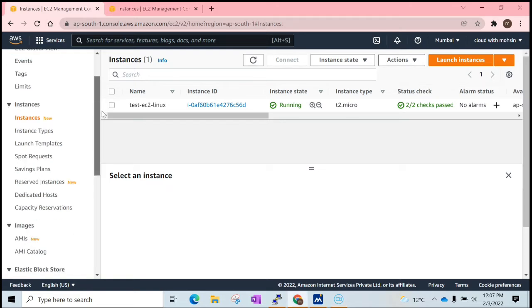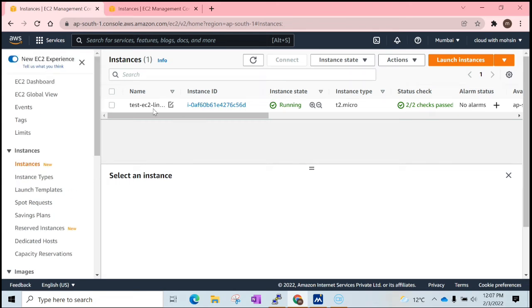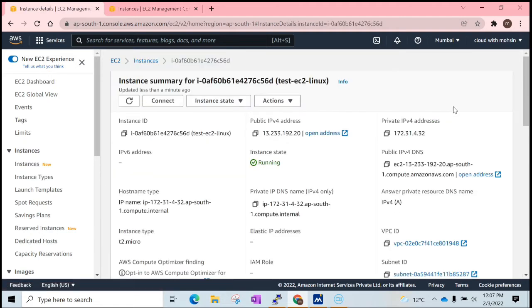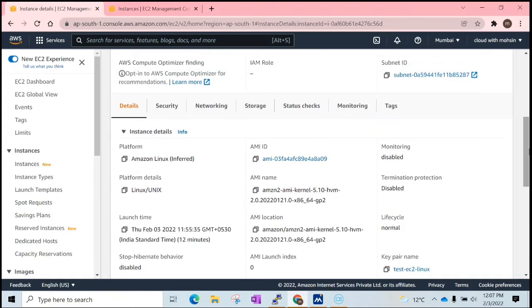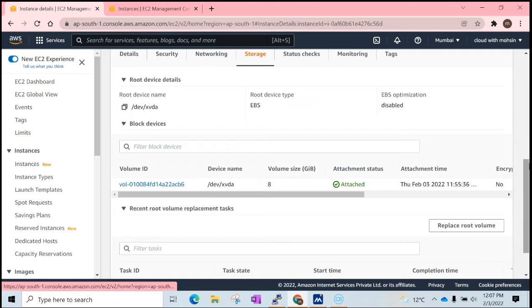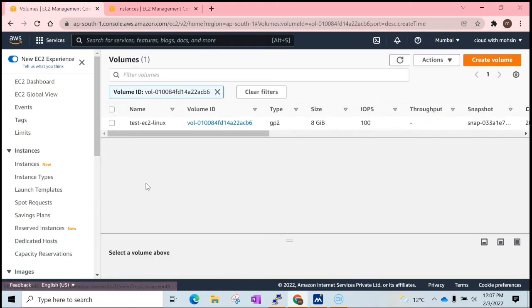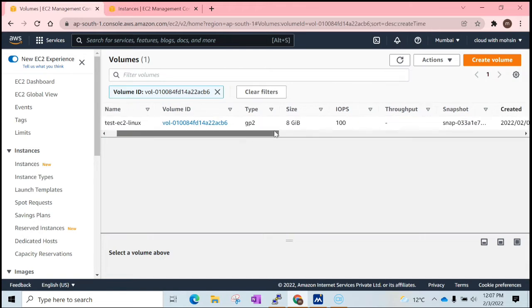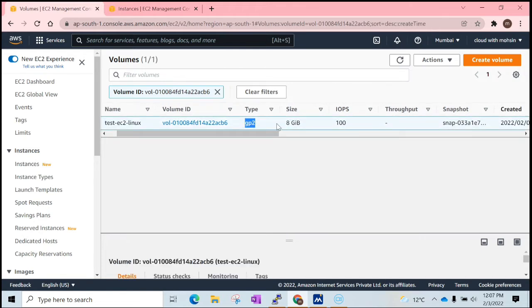The first thing is I need to see the existing storage type, which is the default storage type. I will click on the instance ID, then go down and click on storage. Here I can see the volume ID. This is a root volume of general purpose, that is GP2 type, and its size is 8 GB. In this session we are going to change this type from GP2 to some other volume type,